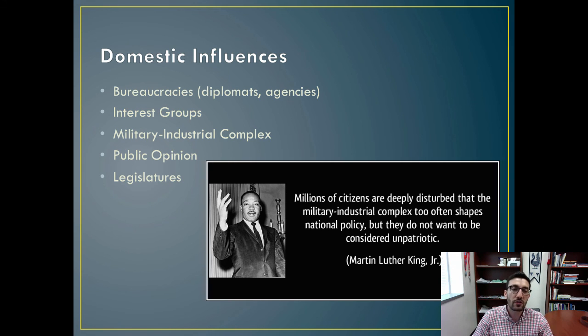And then legislatures, although it kind of goes without saying, right? We have the Senate Armed Services Committee. We have members of our elected positions who came from military backgrounds, right? Senator John McCain, for example. And so the people who are occupying the positions of authority within the federal government make decisions all the time about where we deploy our troops, or how much resources we are going to commit this year in an annual budget. So legislatures can definitely, on the domestic side, have a strong influence in the way that foreign policy decisions are made,